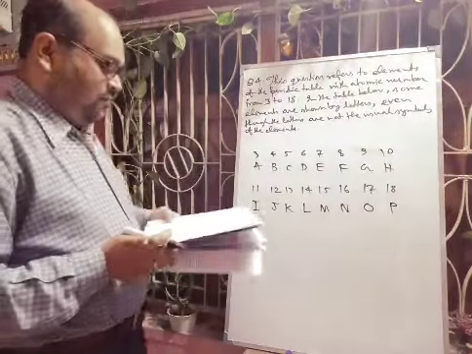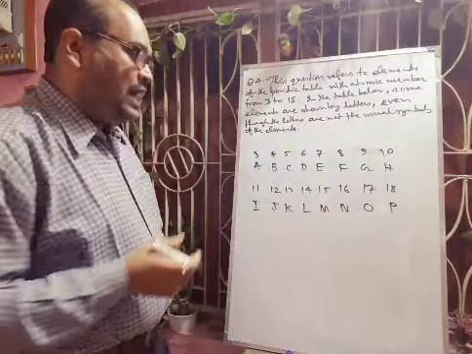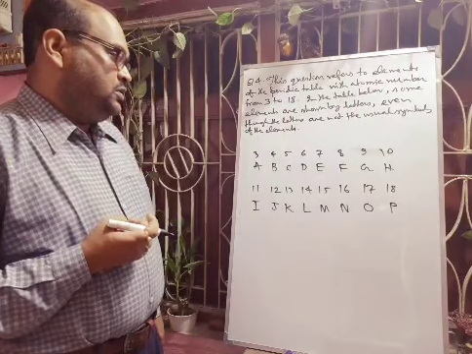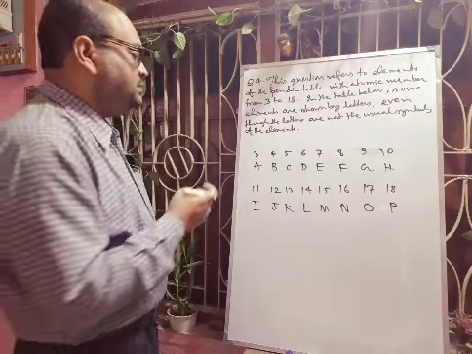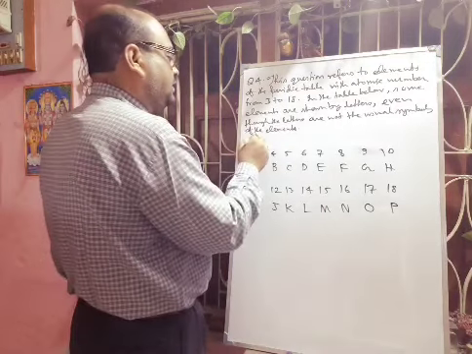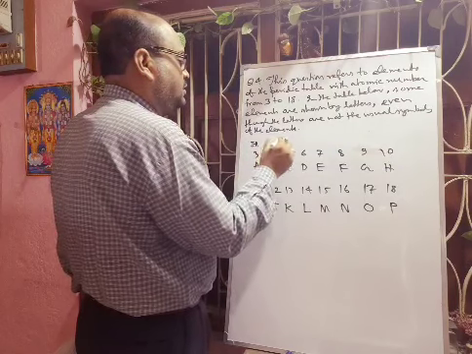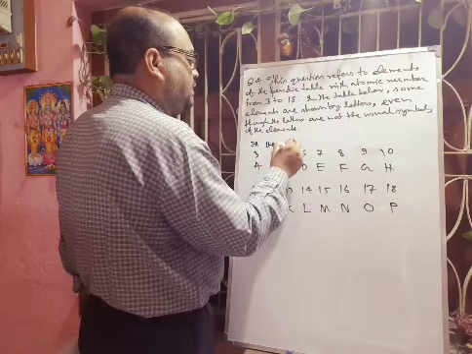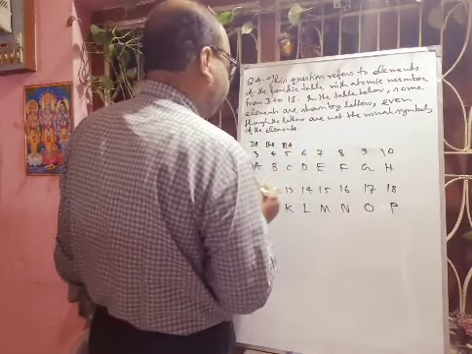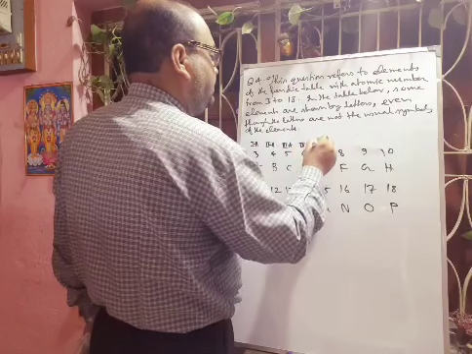Now first question is given. So here first you have to do, if you write the group number, that will be very helpful. So atomic number 3 and this is atomic number 4. That means it is group 1A. This is 2A. This one will be the 3A. This one is 4A. 5A.